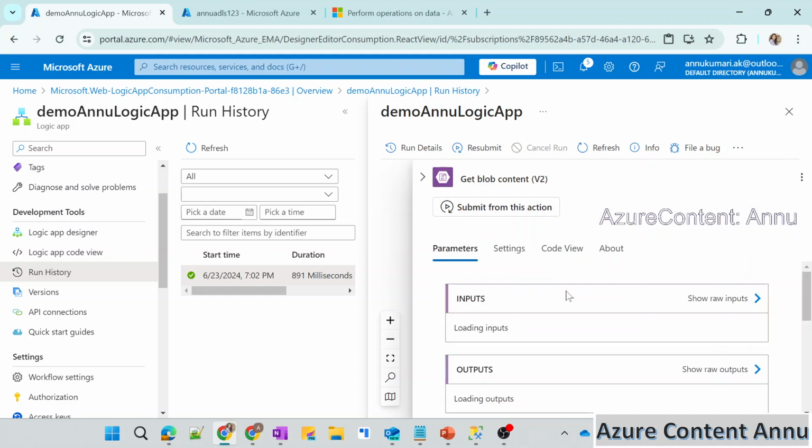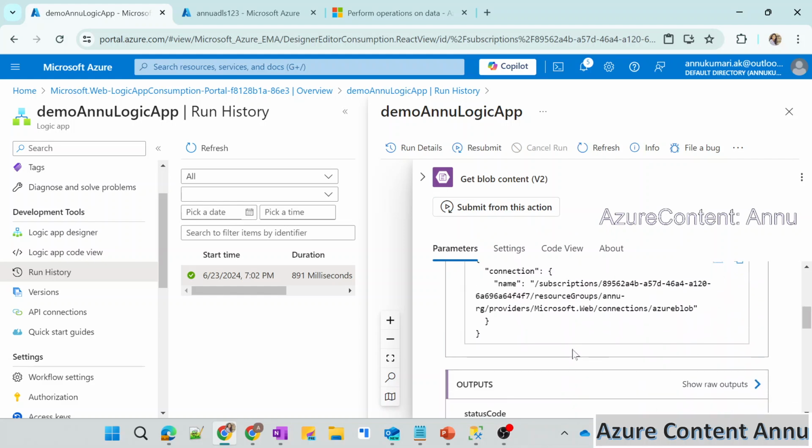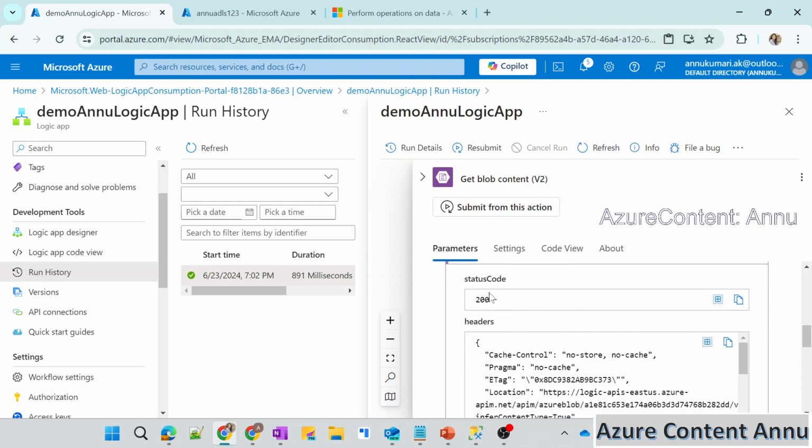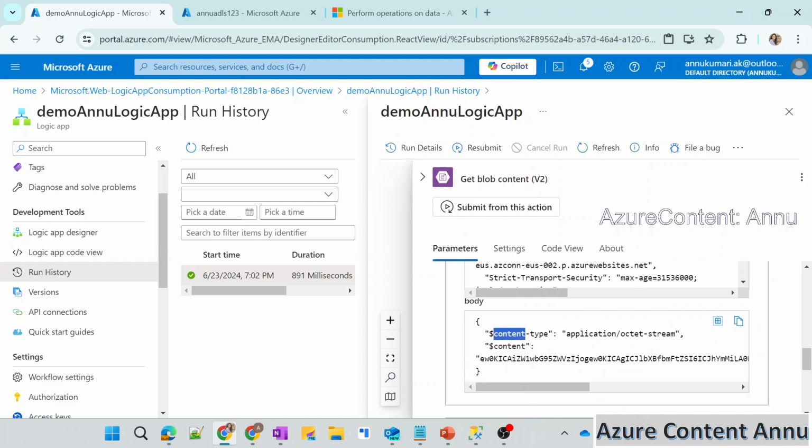Okay. And if I click on the action and go down, this is the input. We have set the path and the connection string, and in the output you can see the status code is 200, and then headers and body. The content type is set by default as octet stream, and the content is looking something like this. So you can see it is fully encoded and we are not able to read the content as it is. So what we need to do is change the content type to application slash JSON instead of octet stream, or else we need to find some way to change this into a JSON